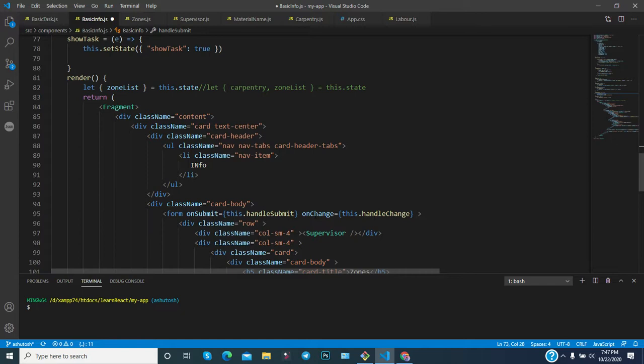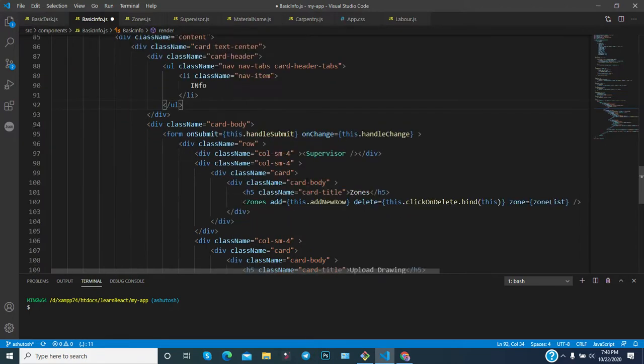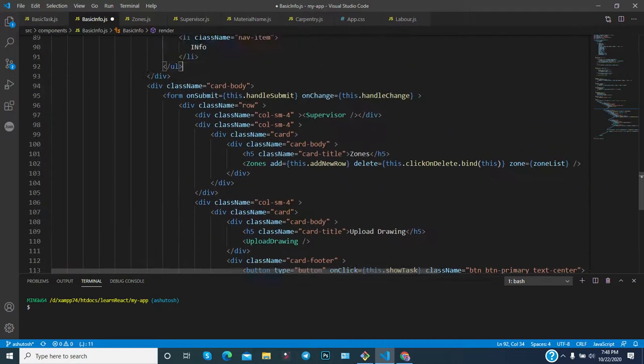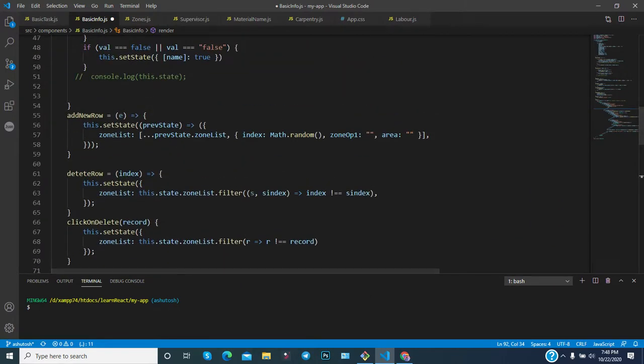Otherwise, if you do a to-do app, CRUD operation and this type of thing, then definitely you are not going to learn. Initially you will get some idea, it is a good thing, but if you want to become an expert, you have to practice some complex logic or complex forms. So I hope that you are understanding. If you face any problem related to this, then definitely let me know.